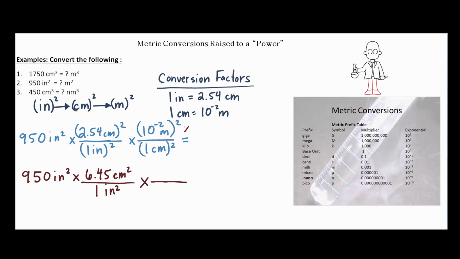If I square this numerator, I get 10 to the minus 4. When I square this unit, I get meters squared. Squaring 1, I get 1. And squaring centimeters, I get centimeters squared. So now we can look and see that these units do cancel. And when we do all of this multiplication, we wind up with